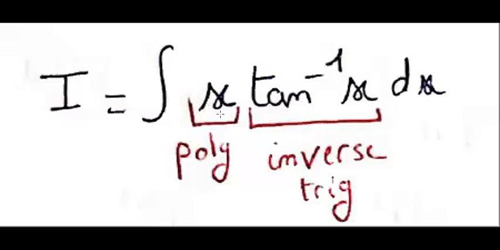Good morning. In this video, I will solve the integral of x multiplied by tangent inverse x dx. So I have a product of a polynomial, which is x, multiplied by an inverse trigonometric function, which is tangent inverse. So we have a product of two functions of different type. Always when we have a product of two functions of different type, to integrate this product, we use integration by